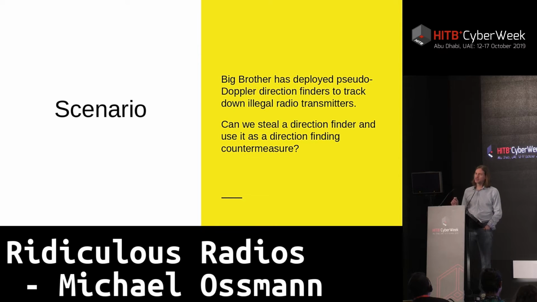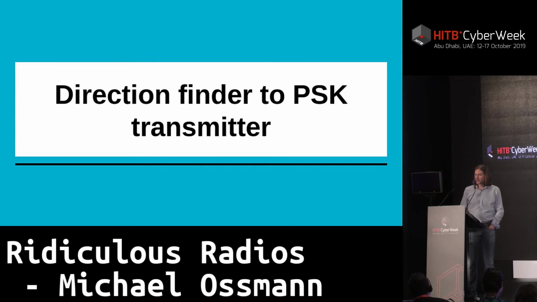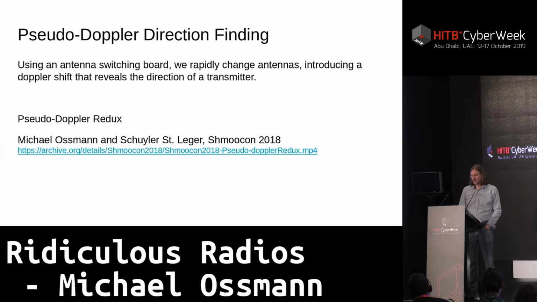So could we steal one of their direction finding rigs and repurpose it as a countermeasure to prevent them from finding our signals? This is a little bit of a weird demo perhaps, but